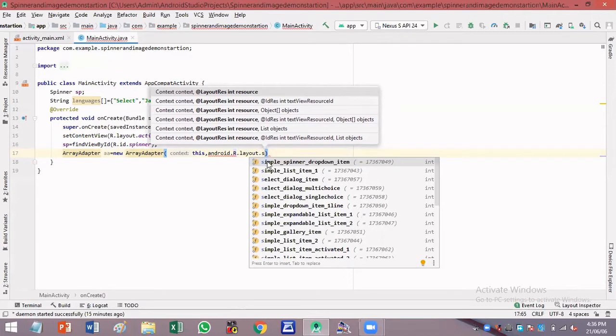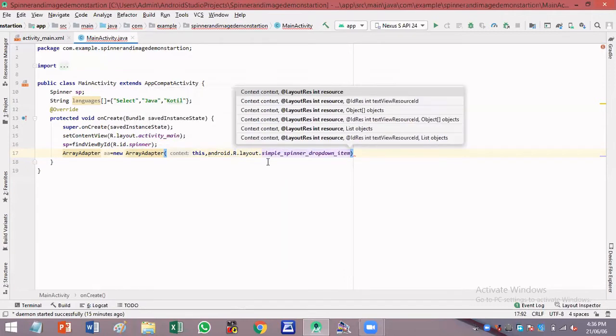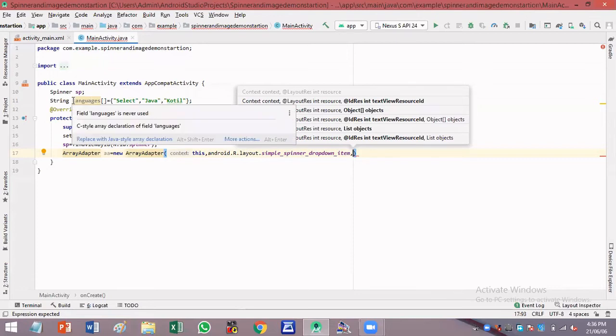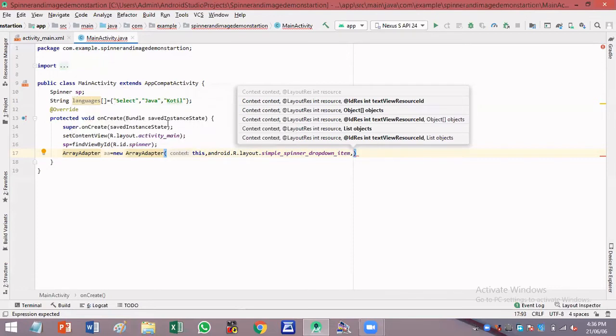This will create a drop down list for the user. Okay, so simple spinner drop down list, comma. The items for this spinner are provided through the string array languages, so the name of that array should be passed as the next argument.